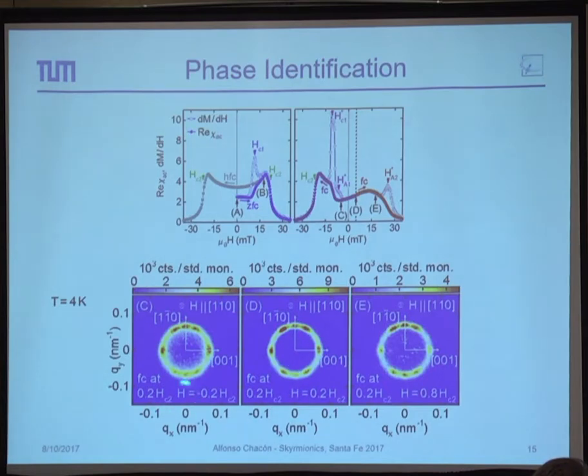If we reduce the field and go to about -0.2, there still is a skyrmion lattice there. We start seeing less intensity on it, and as I will show you later, there will also be some intensity arising on all these points. If we increase the field up to 0.8, the skyrmion lattice is still there, so we're confirming that definitely the signals that we are observing in the magnetization are arising from this metastable skyrmion lattice that we're able to cool down by just the normal cooling